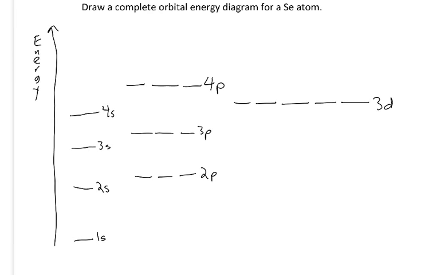So when I fill in my electrons, I fill them into the lowest energy orbitals first, right? And each orbital gets 2 electrons, but one goes in spin up, the other one goes spin down. That's why I drew one half arrow pointing up, the other half arrow pointing down. So the next 2 electrons go in the 2s's,